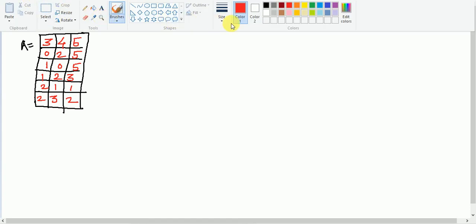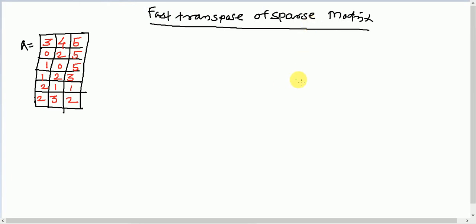From matrix A I want to find its transpose. Let's say for matrix A, the fast transpose we are declaring as matrix B. So B is the transpose of sparse matrix A. We'll go slowly, step by step, because this is a very important concept and a little difficult to understand.